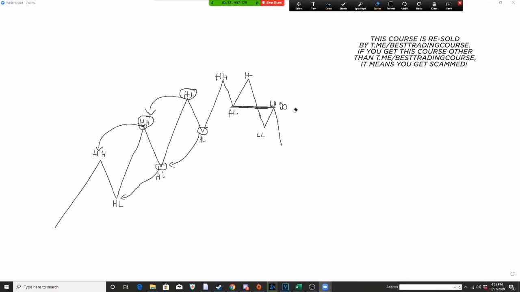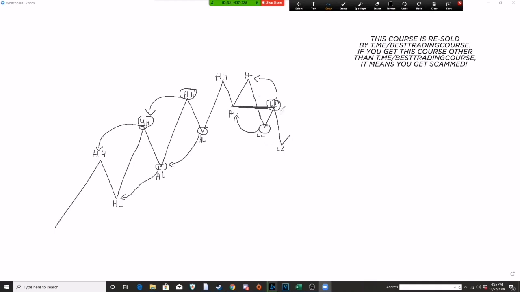Now, again, this is very easily identifiable because this high is lower than our previous high. And this low here, which is a lower low, is lower than our previous low. So one more time, this high is lower than our previous high, and this low is lower than our previous low. So now this bullish market condition is no longer valid, and price is going to start to